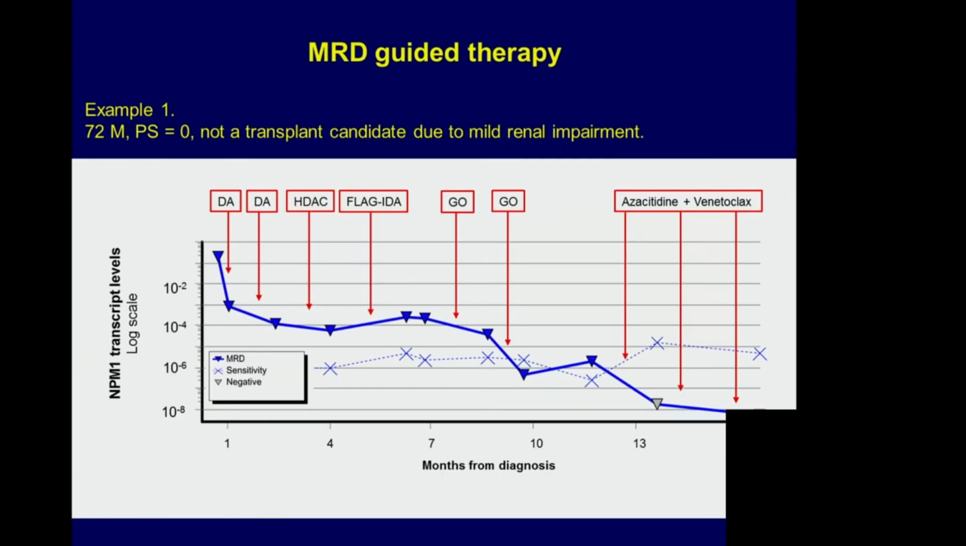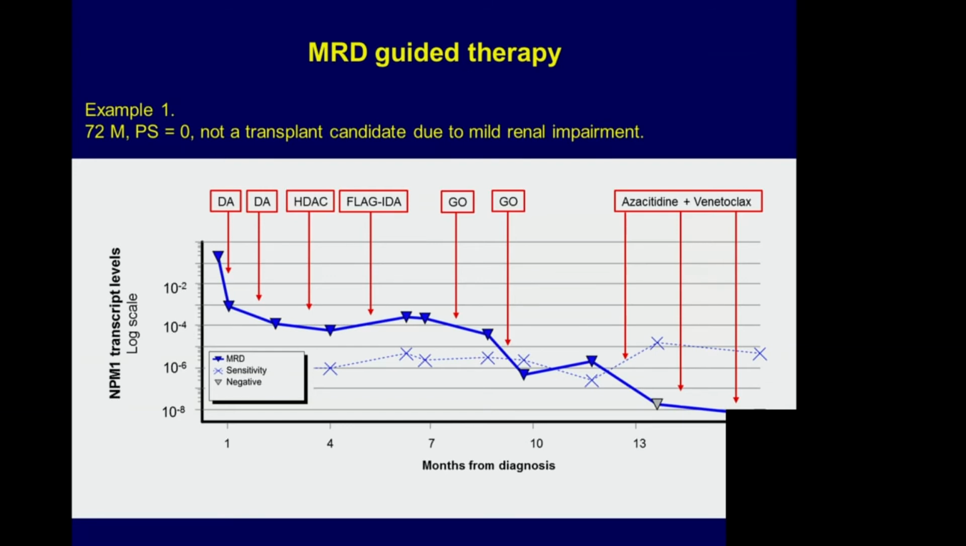So I'd just like to finish by showing how these techniques can be used in real life. I've just got two patient histories to show you. This first patient is a 72-year-old man. He's very fit and healthy, but he was not a transplant candidate due to the fact that he had a renal impairment. This patient was treated with standard induction chemotherapy, and you can see that he had an initially